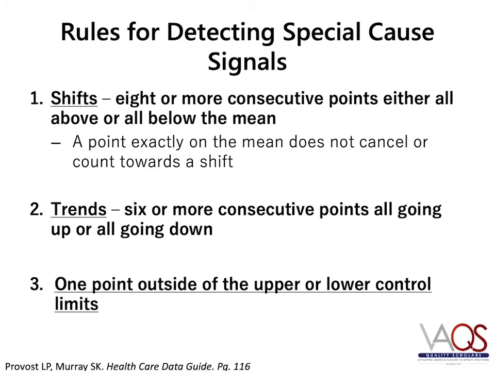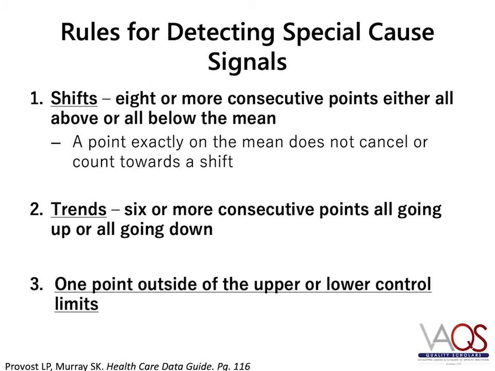For statistical process control, shifts are defined as 8 or more consecutive points, either all above or all below the mean. This is different from run charts, in which only 6 or more consecutive points above or below the median indicates special cause variation. Remember, we do not count points that fall on the line of central tendency, so a point that is exactly on the mean does not break a shift or add to the number of points required